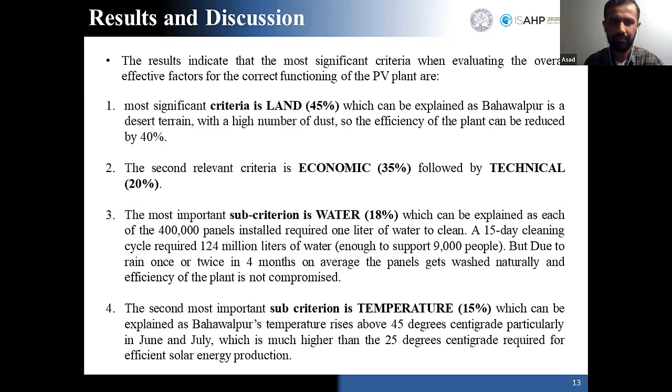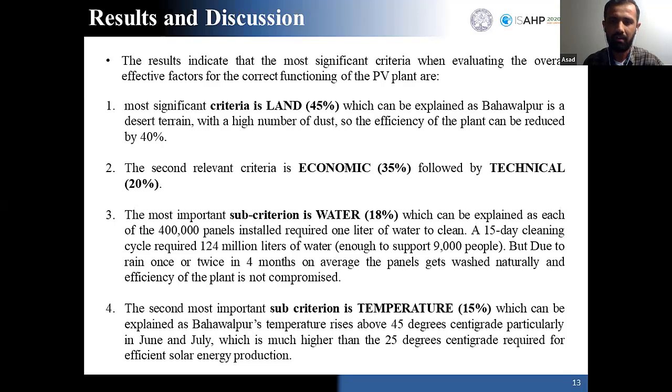And this is why this criteria was the most highly rated. The second relevant criteria is the economic, followed by the technical, and the most important sub-criteria in our study was water, which can be explained as so. These solar panels are like 400,000 in number to produce 100 megawatts of energy,